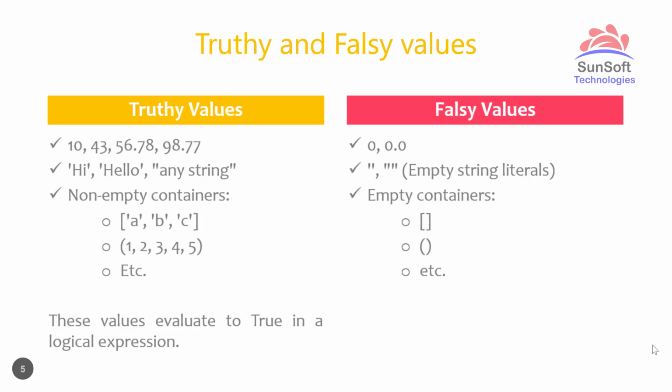Then we have empty containers. The first one is a list, the second one is a tuple, and we can have many containers in Python. We'll look at dictionaries, sets and all of that later on. Then we have another type which we mentioned earlier in the course, known as None. None has a special type of its own, NoneType, and this can resolve to false as well in a logical operation. Now let's go to PowerShell.